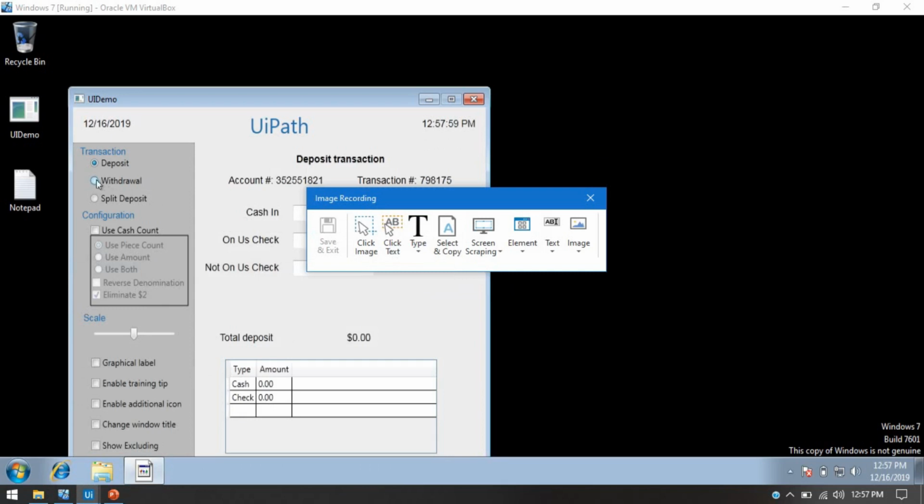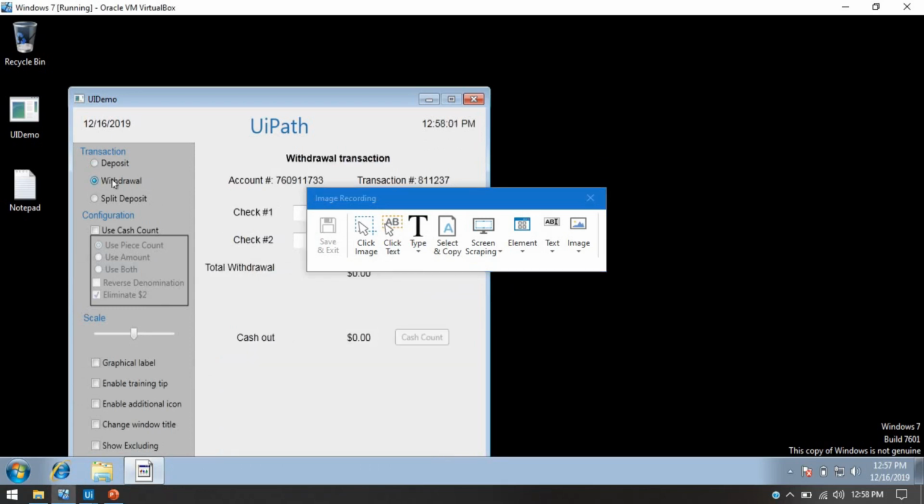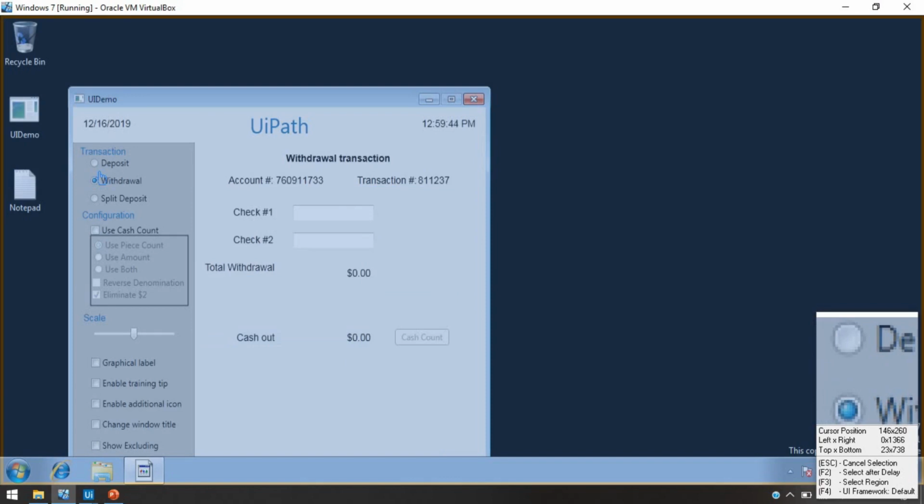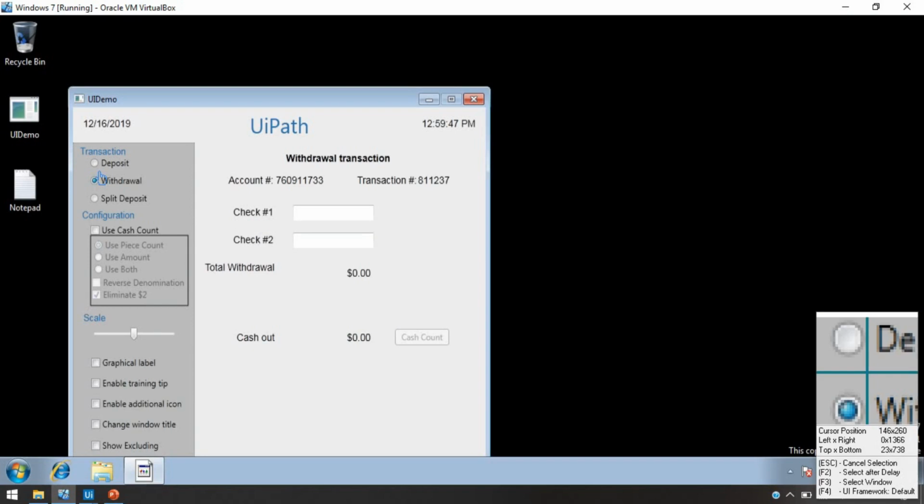So let's say you have the withdrawal, if you click here just on text, then this radio button will be selected. It will be clicked. And if I click on this, then this checkbox will be checked. So if you want to use these features, then we can take this ClickText. So let me click on this, and if you want to select that, then you can press F3 and then select this deposit or split deposit. Let me select this,